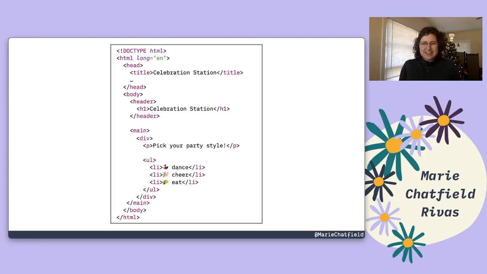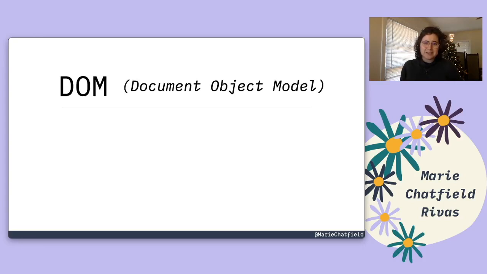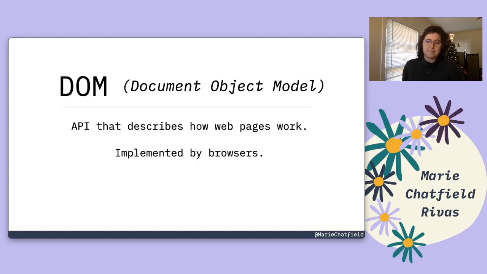You couldn't exactly just send this to somebody and be like, oh, hey, check out my web page. Isn't this really cool? It's got a lot of stuff in there. So how does this become an actual web page that looks the way that you expect? That's where the DOM comes into play. The DOM is the Document Object Model, and this is an API that describes how web pages work, and it's